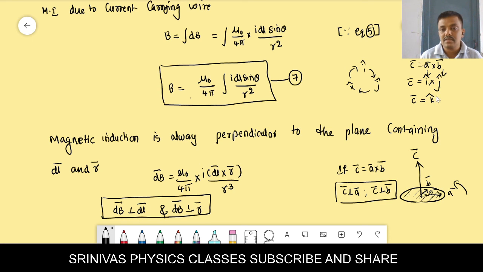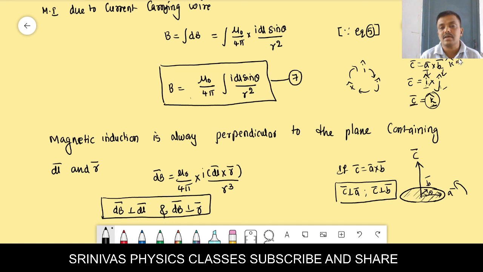But C bar is the z axis. K indicates the z axis. I, X; J, Y; K, Z. If A bar and B bar are along the x and y axis respectively, then A bar plus B bar is in the xy plane and C bar is along the z axis. The z axis is always perpendicular to the x axis and y axis. Like that, C bar is always perpendicular to A bar and B bar, because K cap equals I cap cross J cap. C bar is the K cap.